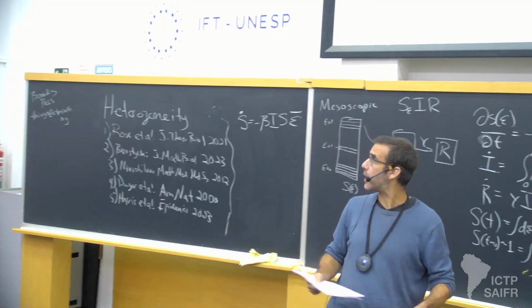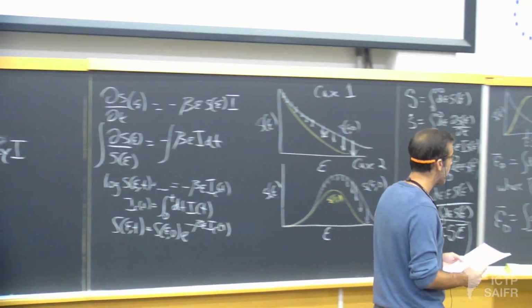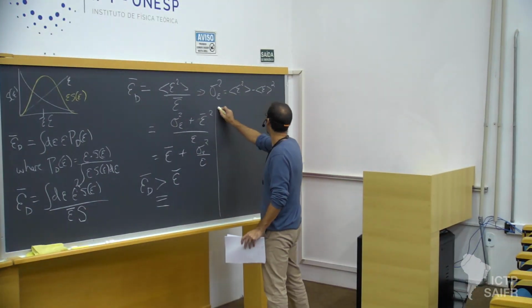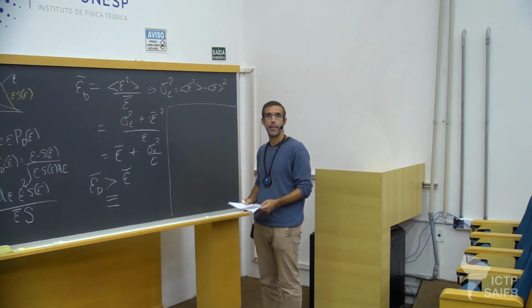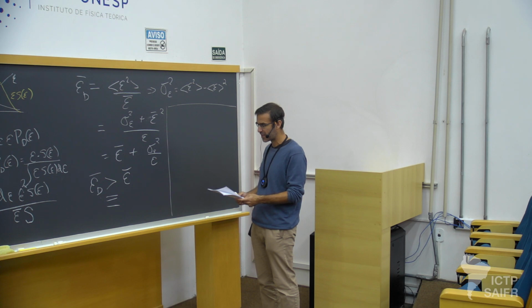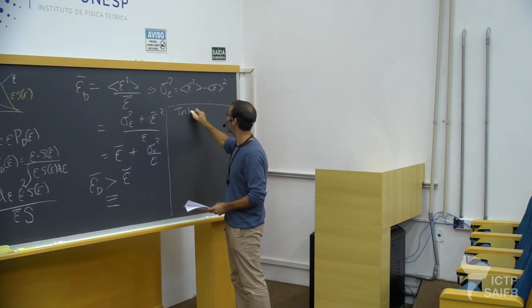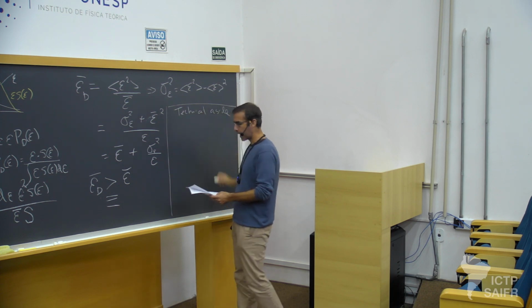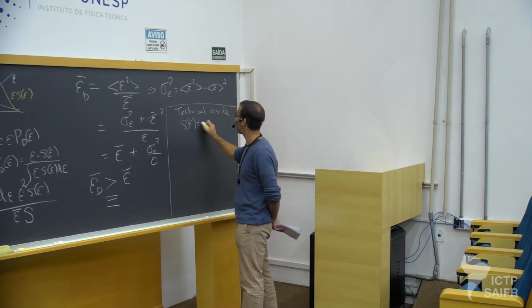There's a technical aside here, which I don't know if I want to do. Just if you want to actually do this calculation, I made a claim before, so I'll just state it. Though it does come up a little bit later, so maybe I need to do it. So we have a technical aside, but I will invoke something later, so I guess I should do it. If we start with a